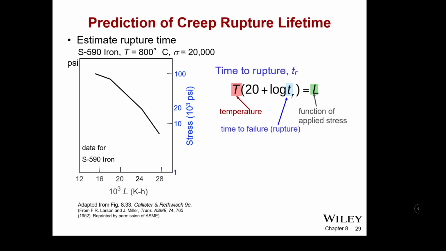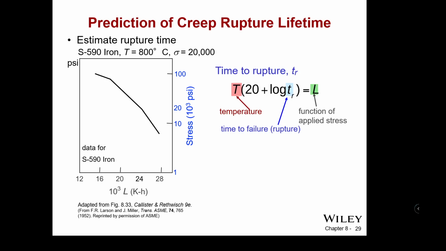All of these parameters add up to the failure because of creep and ultimately rupture of the material, along with corrosion and all these other factors. So there's a lot to consider when we're putting a material into an end use application. So the time to rupture can be approximated as